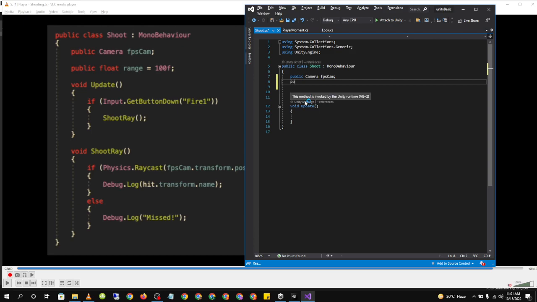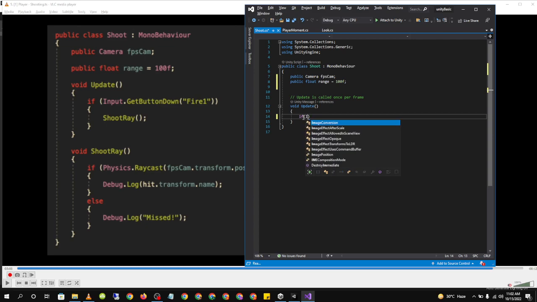Now the second thing is basically the range. It will specify in which range our rifle is going to shoot. So now I just set the range to 100. Then in the next update function, we are going to check if the input of the player is going to be, so input, okay, input dot get